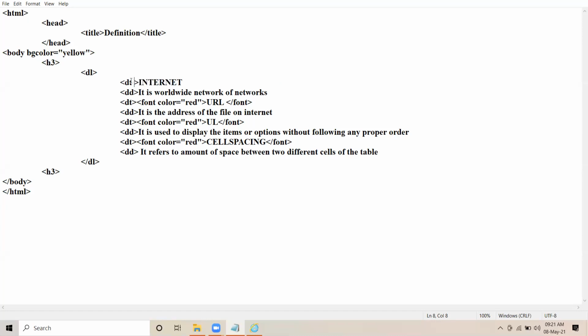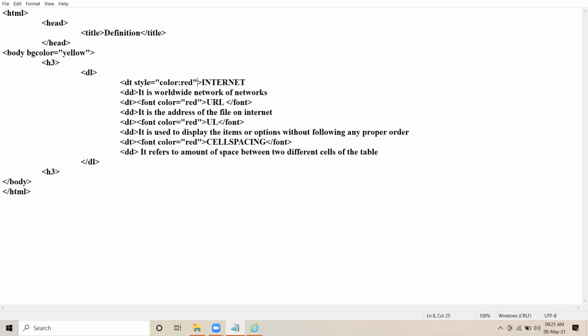Okay. Provide the inline CSS. We have discussed inline CSS so many times in the previous lectures. So apply the inline style of CSS by giving style attribute equal to double quotes color colon red.